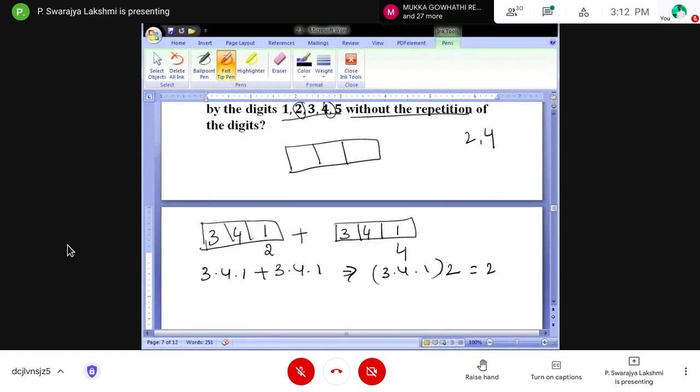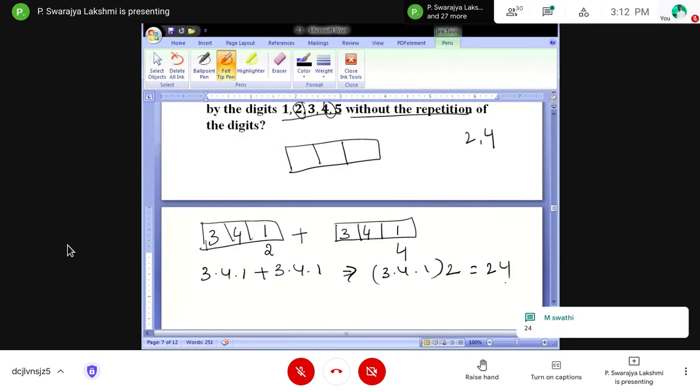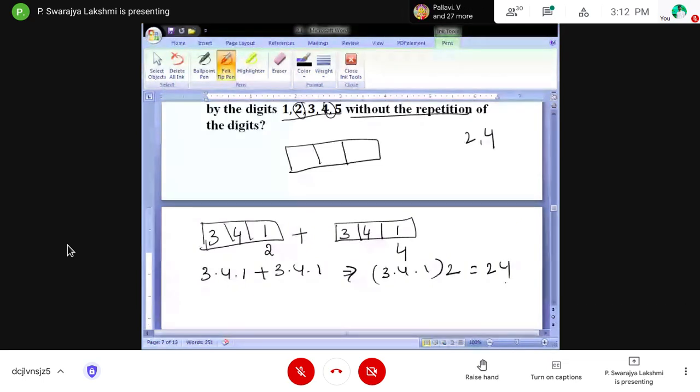So in total we have 24 possible ways to fill. Right? So is it clear for everybody?